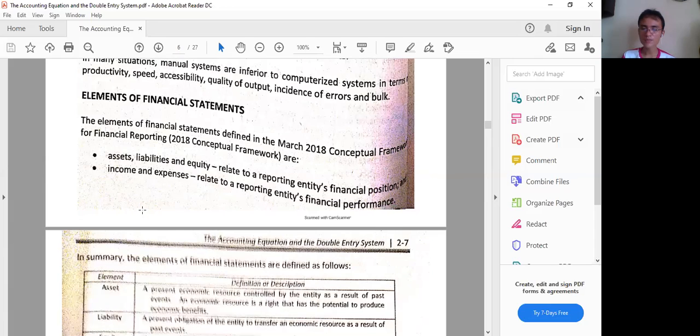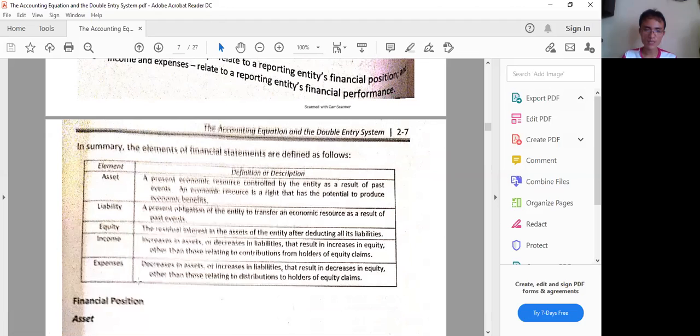They are defined as accounting elements because they are the specific groups of similar accounts that connect to a certain report's result, or purpose. Like for financial position, that's the statement of financial position, formerly known as the balance sheet. And the financial performance is formerly known as the income statement, now the statement of comprehensive income. So these elements are basically the groups of the different account titles or accounts that we will know of. So let's define each now, from asset down to expenses.